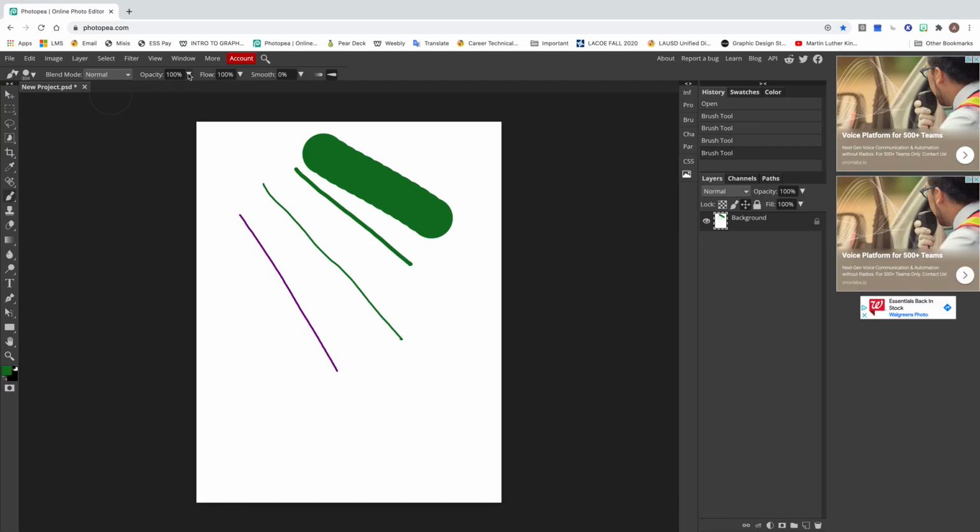You can also change the opacity, right? We can make it so that you can see through it. So if I try to bring it down to 42%, and then I go over here to put down my color, you can see that it's transparent, right? You can see through it. You can still have some color deposit, but it's not going to be solid,